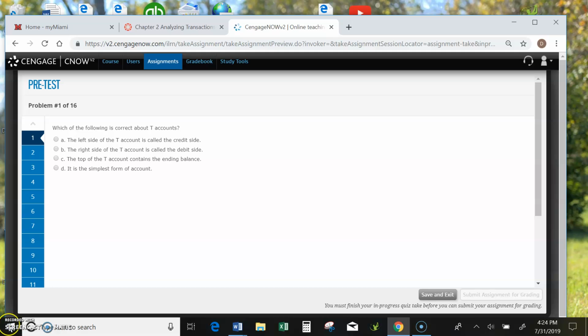Now this is a pretest, so if you've never had any accounting before, it's quite possible you may get them all wrong, which is okay. The objective is to see how much you know. And if you know a topic, then you won't have to spend much time studying it. So what I would do then is go through and start taking the quiz. You would read the question, take your guess at the answer,